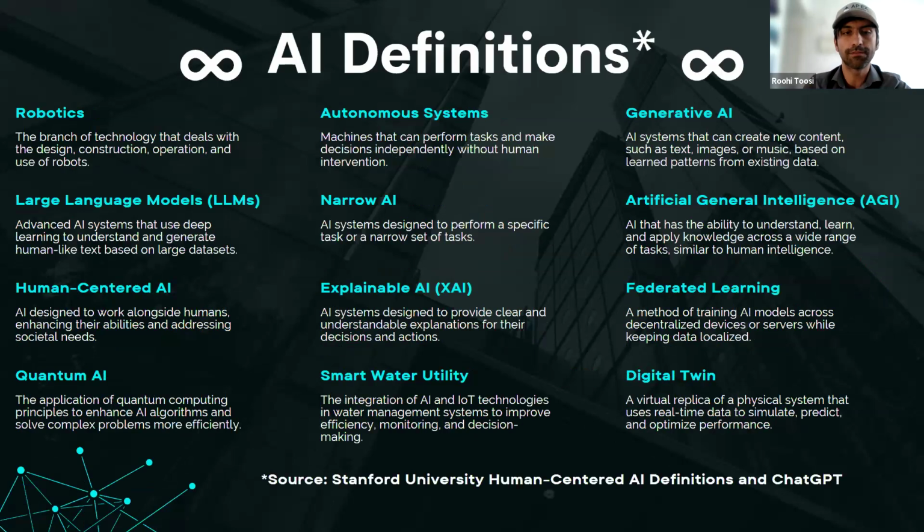But there are 3 definitions that I want to focus on. The first is a smart water utility. What is a smart water utility? It is the integration of AI and Internet of Things technologies in water management systems that improves efficiency, monitoring, and decision making. Basically, you have a smart system where all your data are connected and you have access to it. You have sensors that collect the data automatically and bring it to your system, you run your analytics, and you get your visualized data right off the bat on your desktop,